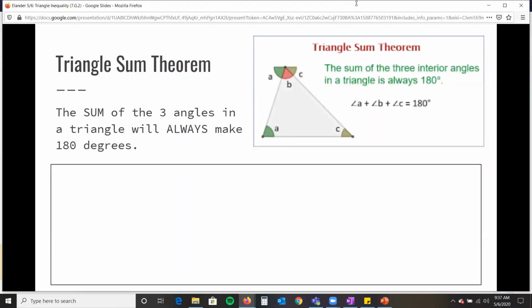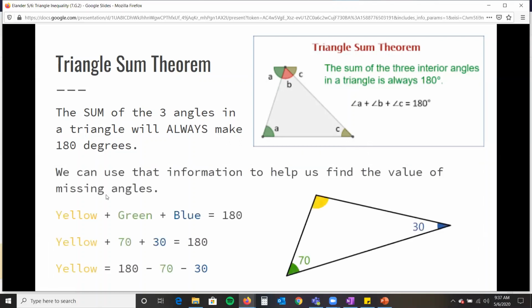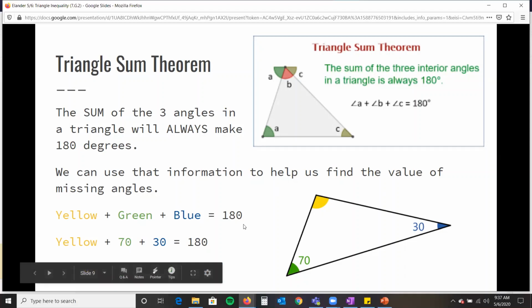The sum of the three interior angles in a triangle is always 180. That's what we said. But here's a picture of it. Okay, and they're showing that last thing that we showed. And we can use that information to help us find the value of missing angles. So now we use that theorem to help us find things that we need. Okay, so if we have some sort of situation where we're missing the third angle, and we can make a triangle out of it, then we can use what we've learned to